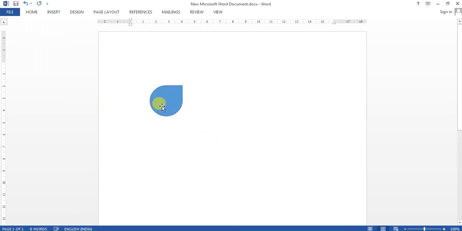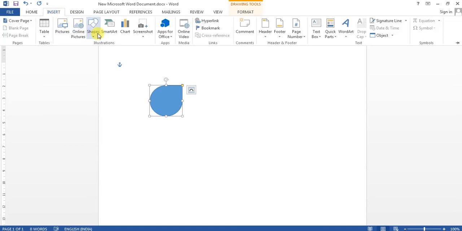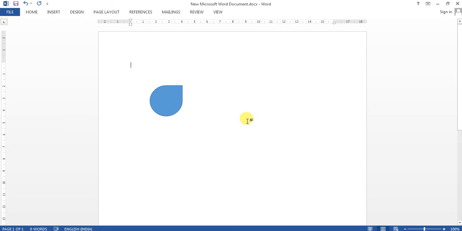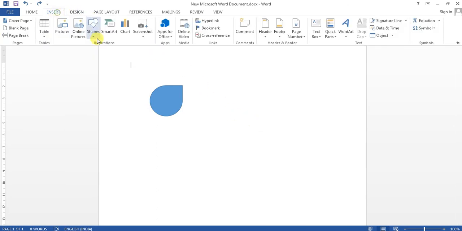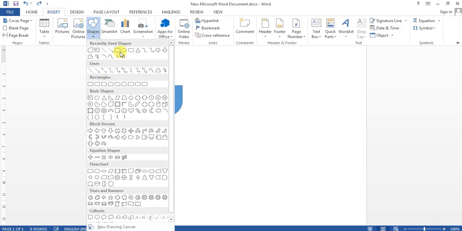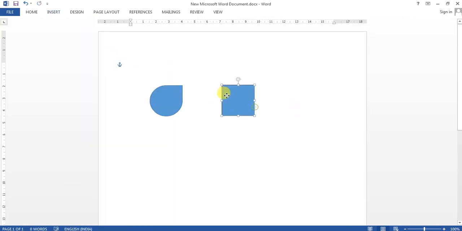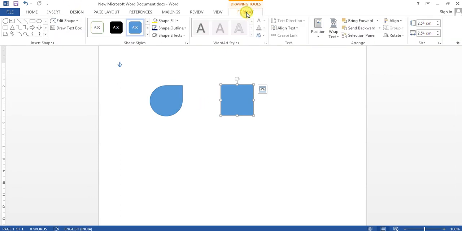In this way, go to the insert, then shapes, select the shape. In this way you can insert the shape. Now go to the format tab, click on that.